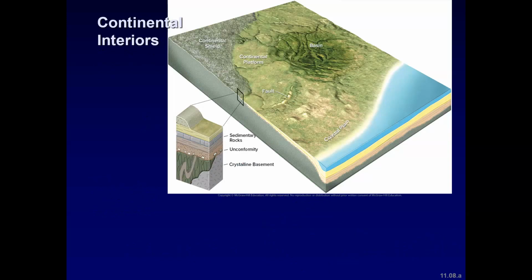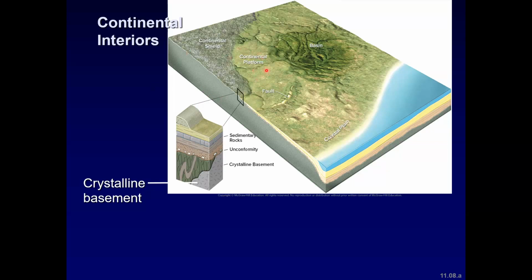Okay, continental interiors. You can have something called a continental shield. We have it in Canada. It's composed of old, metamorphic, and igneous rocks. We can also call those crystalline basement rocks, generally in a central region of a continent. You can have